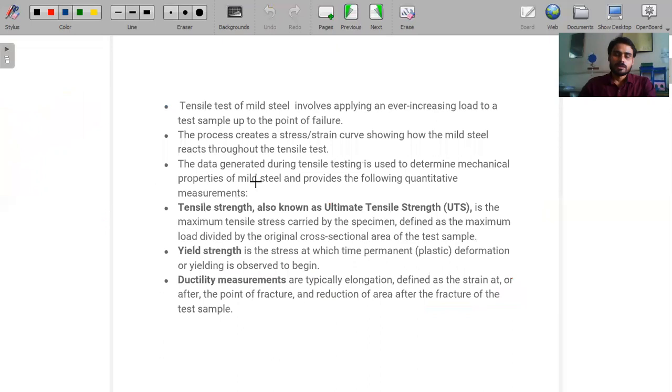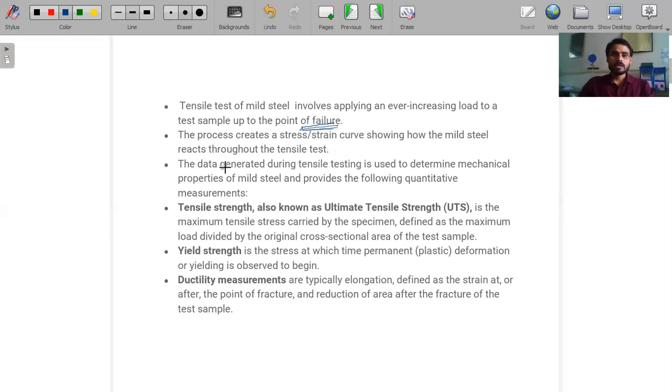So what we do generally in the process of testing mild steel under tensile loading is we select a sample specimen and use that specimen on the apparatus, the UTM, and we apply the loading in a gradual form, gradually increasing the loading on that specimen up to its failure point. When we get the failure point, we stop applying load, because after the failure point the material will not carry more load and cannot produce any type of stress.